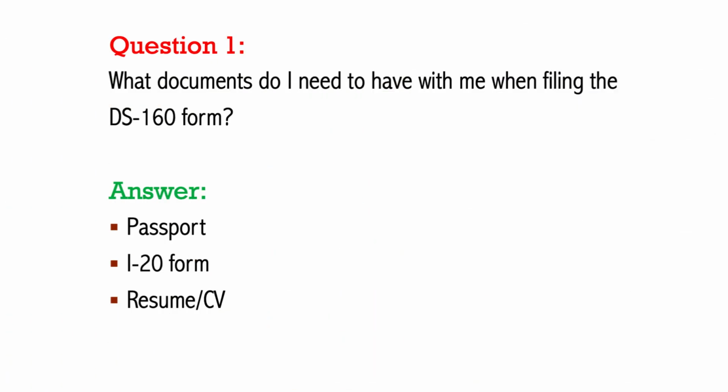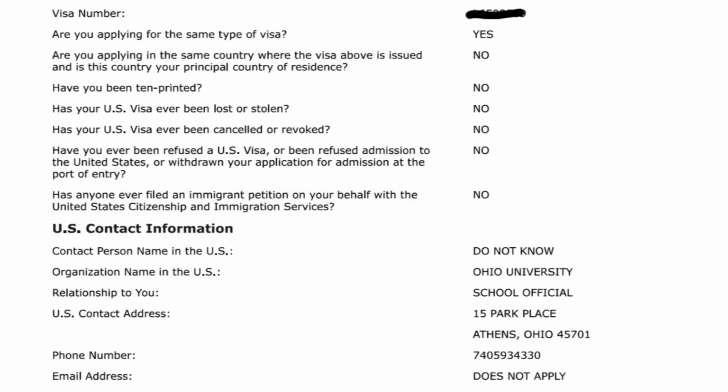Alright, let's get into the questions. Question 1. What documents do I need to have with me when filling the DS-160 form? Well, in filling the DS-160 form, you need to have the following documents: your passport, and the I-20 issued from the school. The I-20 contains your SEVIS ID and details about your school, such as the address of your point of